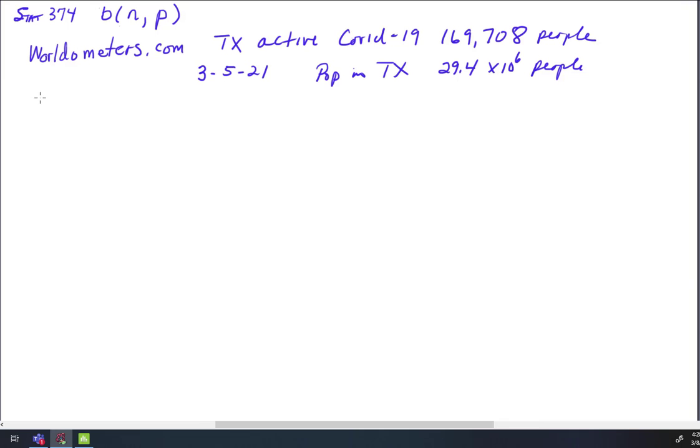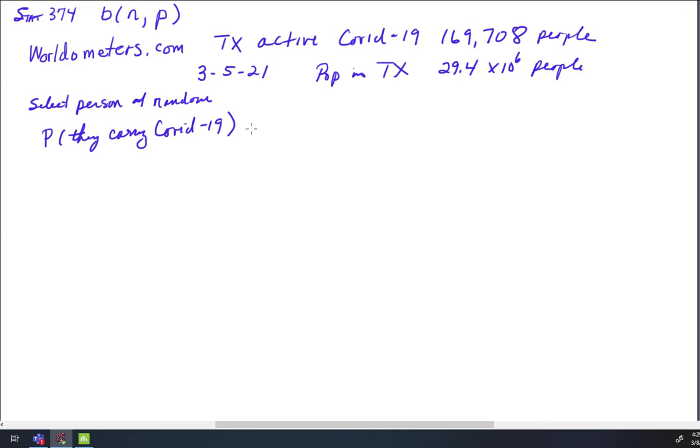So using the classical definition of probability, if we just select a person at random, the probability that they carry